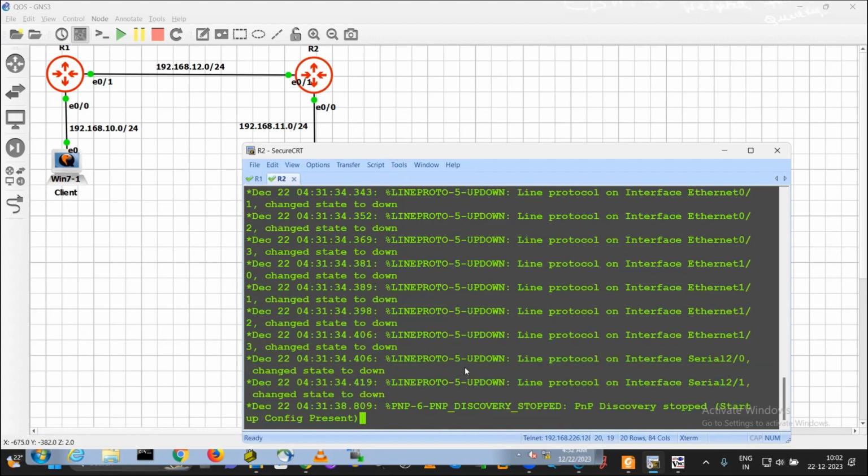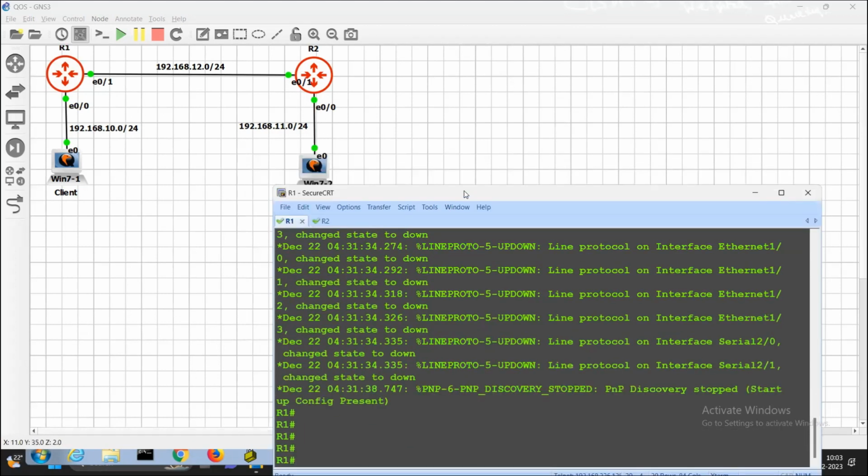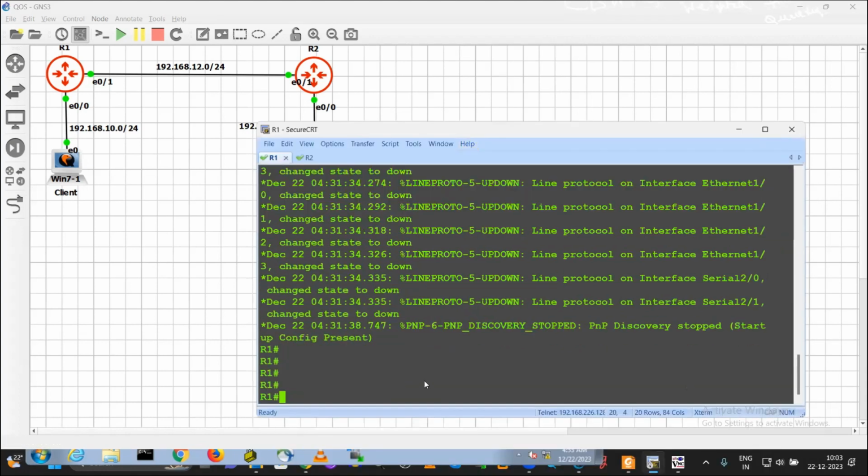Router 1, router 2. Okay. First of all, I'm going to set the IP addresses as per my intended plan. This entire thing belongs to the 192.168.10.0 network. Here I will set 192.168.10.1 as the IP address on this interface. Similarly, 192.168.12.1 is the IP address on Ethernet 0/1 interface. Here 12.2, 11.1. Here on my device 11.10. These are the IP addresses. This is my intended plan.